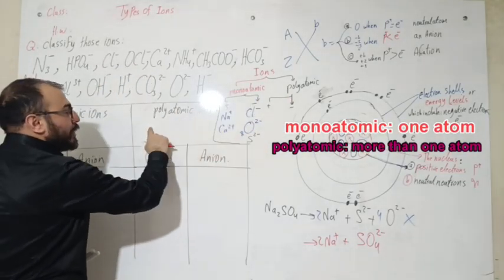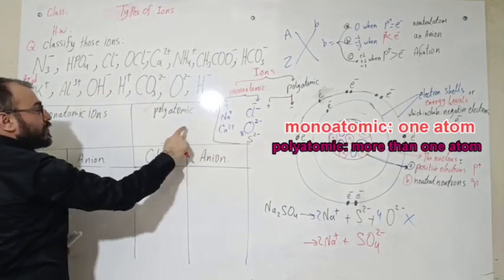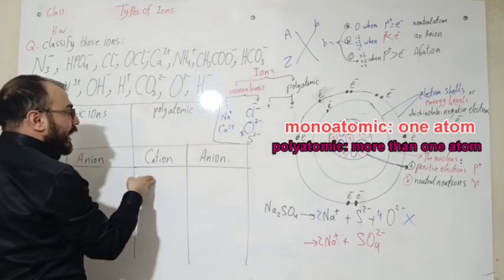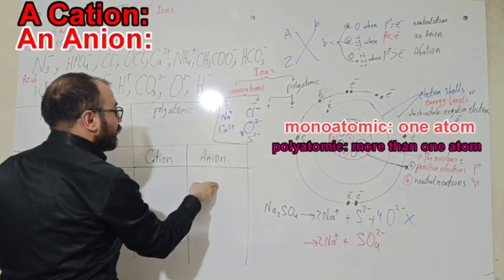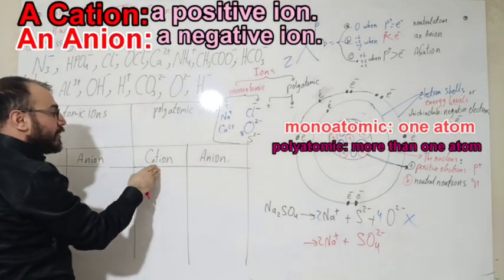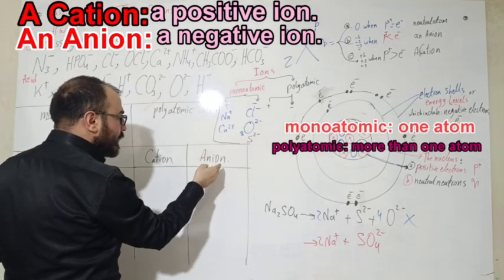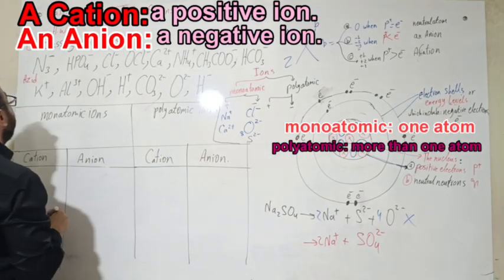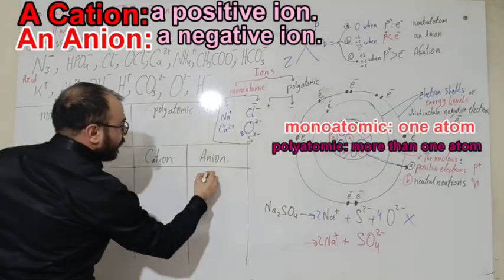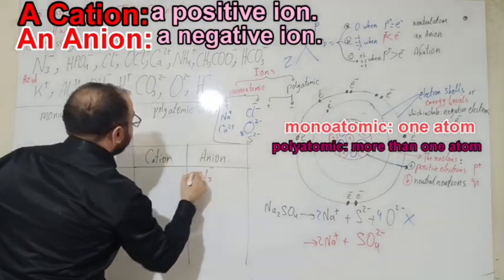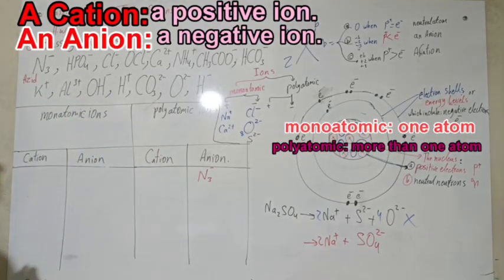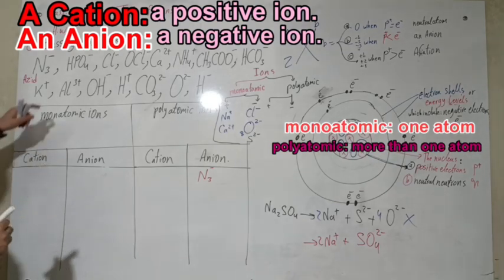So, polyatomic ion. Acid is a polyatomic ion, but is it a cation or an anion? What is a cation? A cation is a positively charged ion, and an anion is a negatively charged ion, and acid is an anion. The other one is called